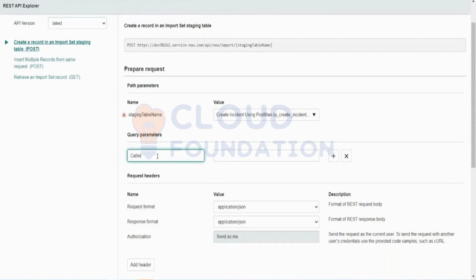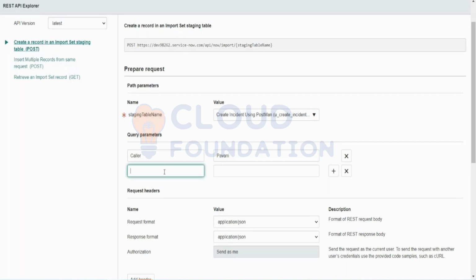What should the caller be? I don't have your name, so I'll put my name, because I don't have your user record created in my instance. And what will be the short description? Test API.